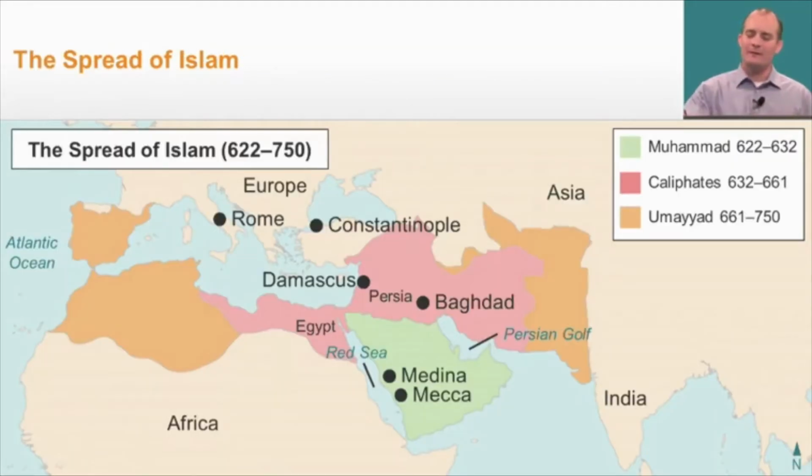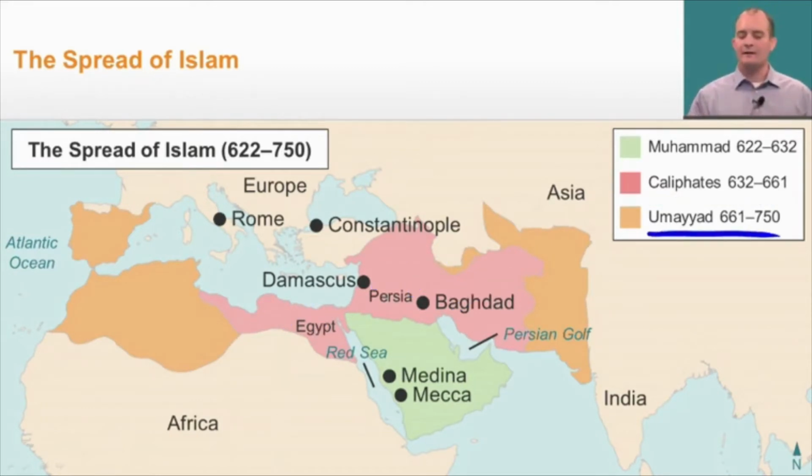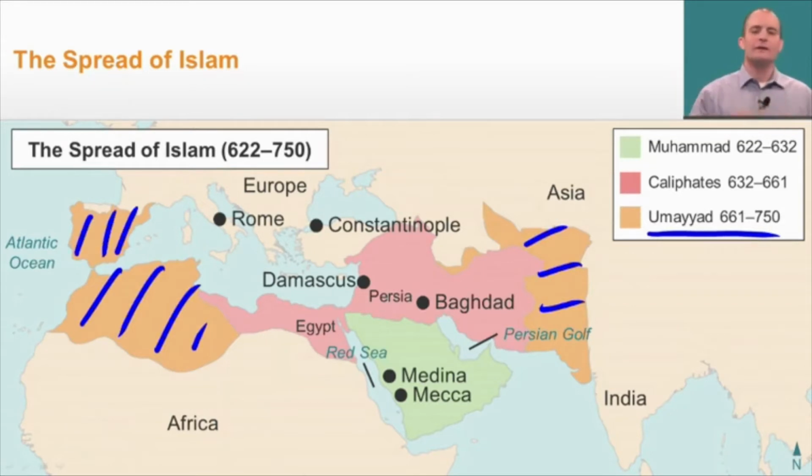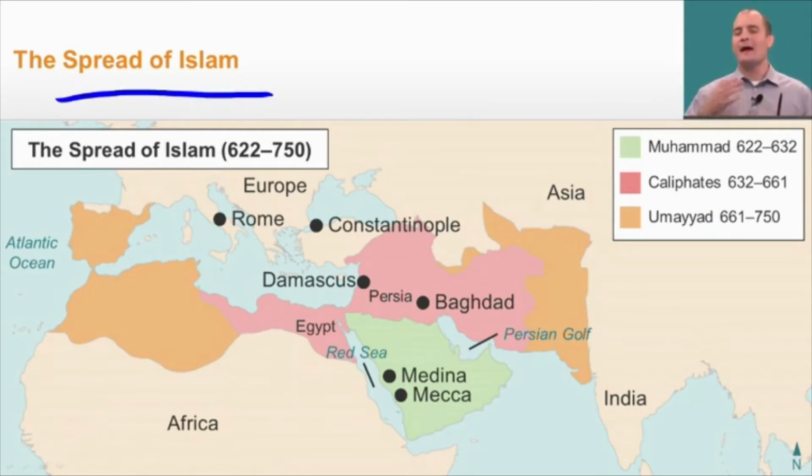After the death of Muhammad in 632 CE, you can see that Islam had spread throughout the Arabian Peninsula. And we can see that in his successors, it continued to grow and continued to spread throughout the region. You can see the caliphates, where it spread into Persia, Baghdad, and into North Africa and Egypt. And then under the Umayyad, until 750, it spread further into North Africa, into Asia, as well as into modern-day Portugal and Spain. So the big takeaway here is that you can see the spread of Islam after the death of Muhammad was quite significant.